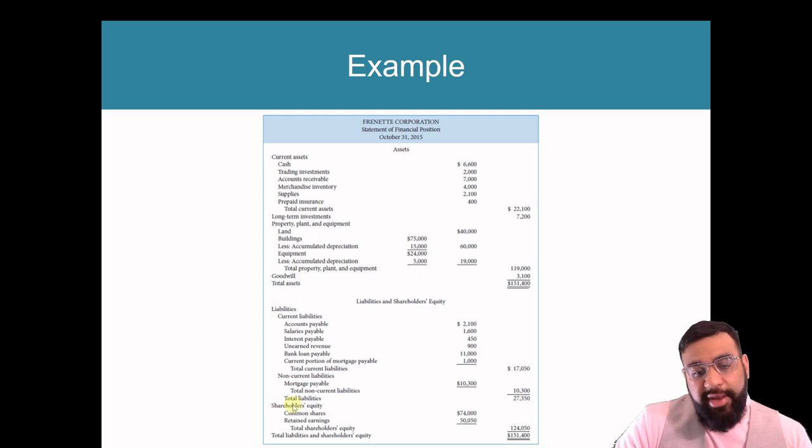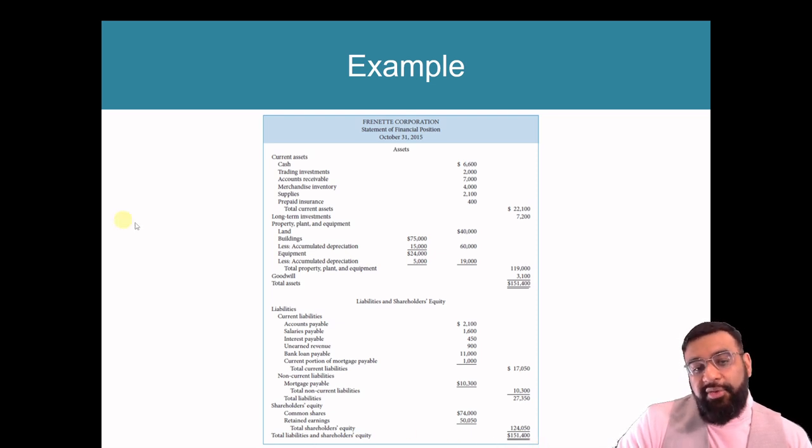Now we're going to shift our attention over shareholders' equity. So the two main shareholders' equity accounts, we have our common shares, 74,000, and retained earnings, which is 50,050. That means our total shareholders' equity is going to be 124,050. And then our total liabilities, 27,350 plus the total shareholders' equity of 124,050 gives us total liabilities and shareholders' equity of